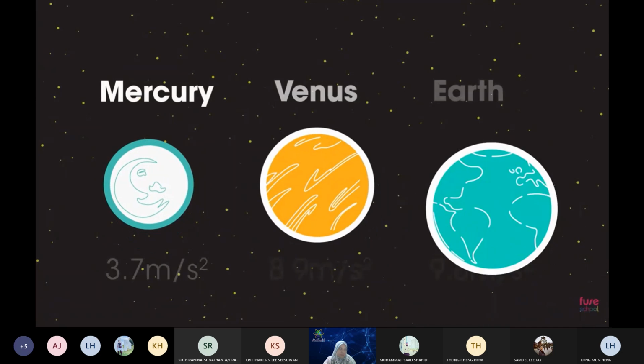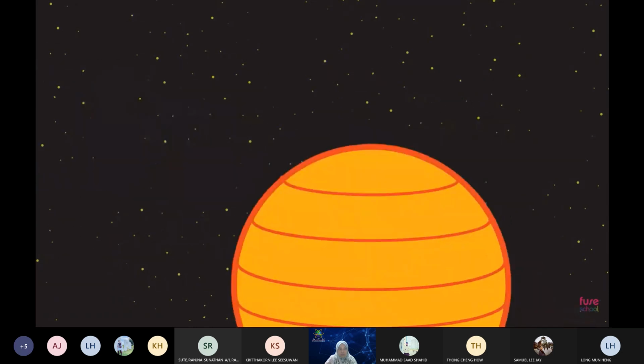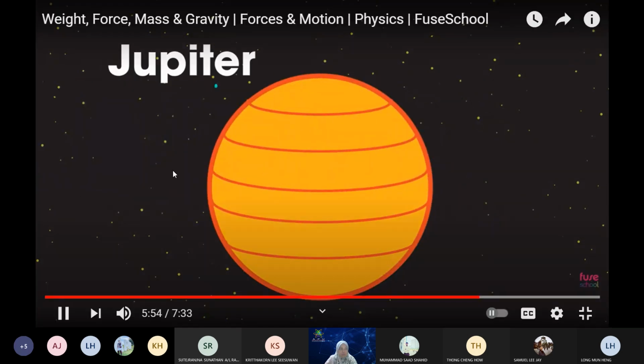See how gravitational field strength changes on the surface of different planets. This is because the planets have different sizes and masses. The largest planet, Jupiter, with the